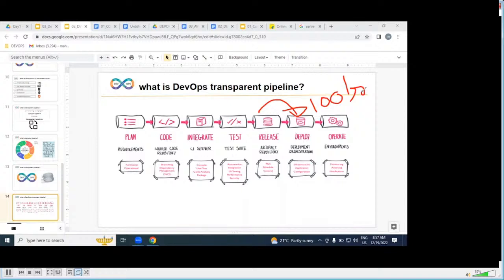Understood? After completion of CI/CD, after delivering working software, we are going to place it on where? Hundreds of servers. But for these hundreds of servers, if you want to configure, what is configuration?